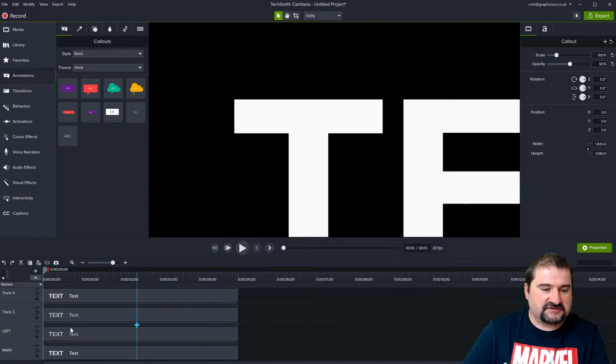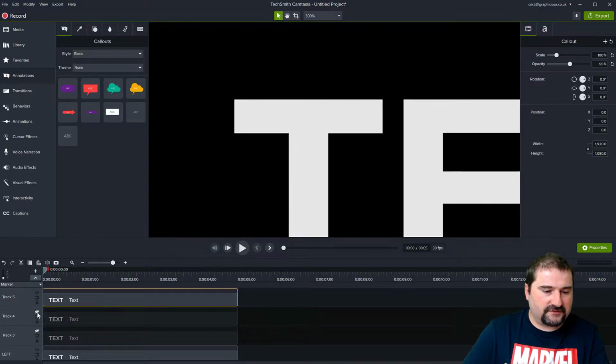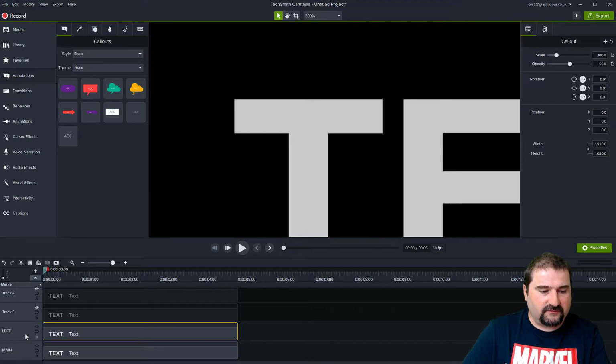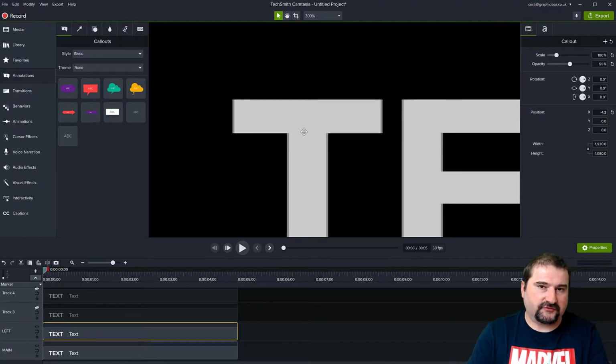Okay, so I'm going to hide all the other tracks because they're making my text be too white. And this one here, the second one, the left one, I'm going to use the keyboard to move it to the left. So I'm going to hold down the Shift key and press left. 1, 2, just maybe 1. Okay, let's do 1, and maybe without the Shift key, 1, 2, 3. Okay, so one Shift and a couple more pixels to the left.